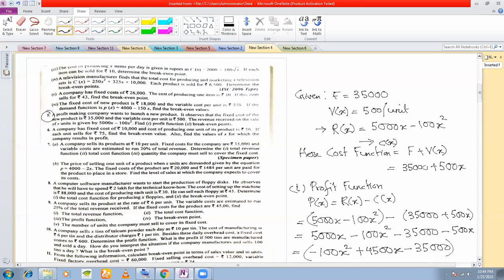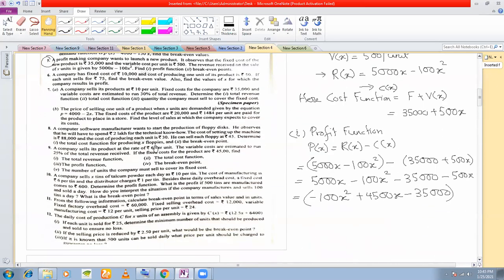Now, we will take common. You don't need to. Break even point is also there, no problem. We'll see what the break even point is. But right now, this is the profit function. Now, whether you take common or not, it is of no use because we don't need to work with the profit function. Okay.